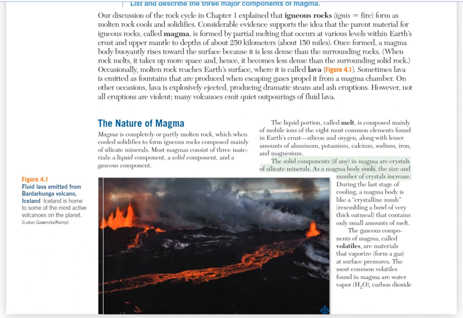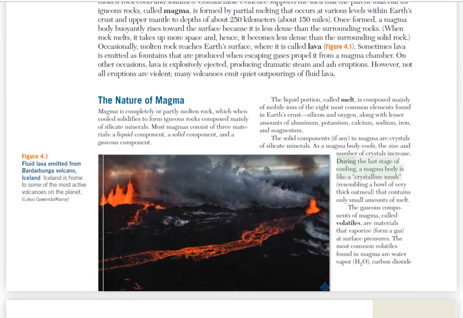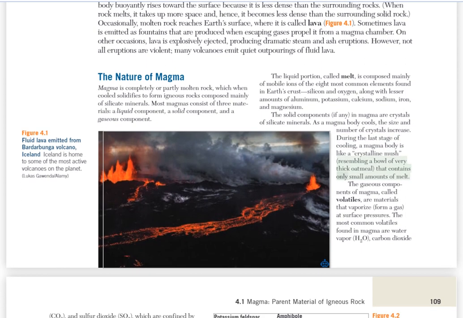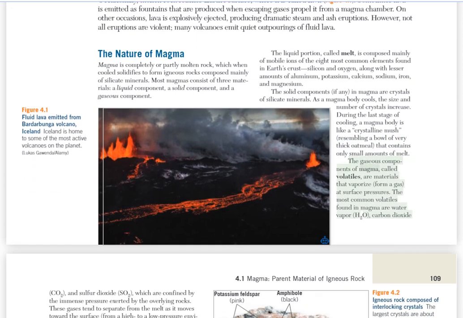As a magma body cools, the size and number of crystals increase. During the last stage of cooling, a magma body is like a crystalline mush that contains only small amounts of melt. The gaseous components of magma, called volatiles, are materials that vaporize at surface pressures. The most common volatiles found in magma are water vapor, carbon dioxide